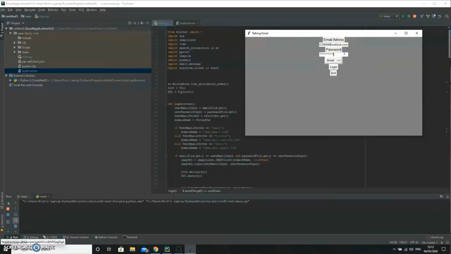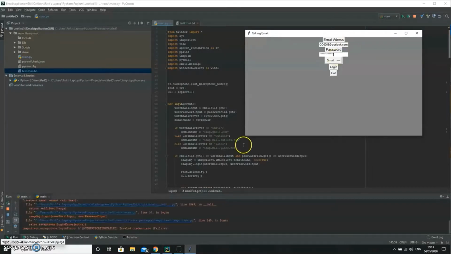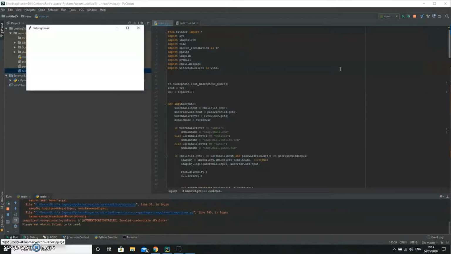If, for example, the user didn't get it right or didn't specify, we go to login here. We'll get an error down low. Authentication failed, invalid credentials, failure. So if we then change this to Outlook, this will now log us in. We'll be able to request the application to read our inbox. Let's do that. And then if we say inbox,